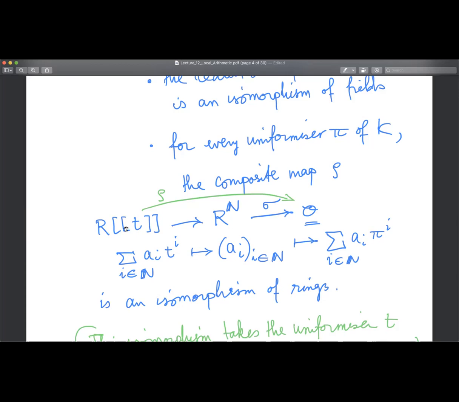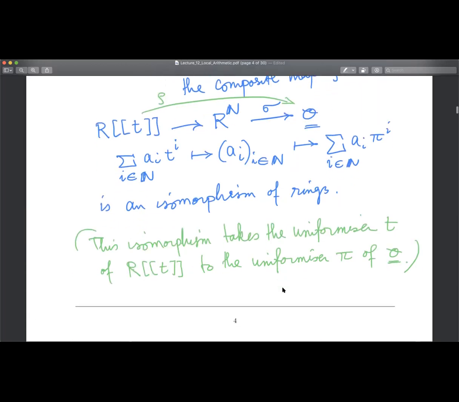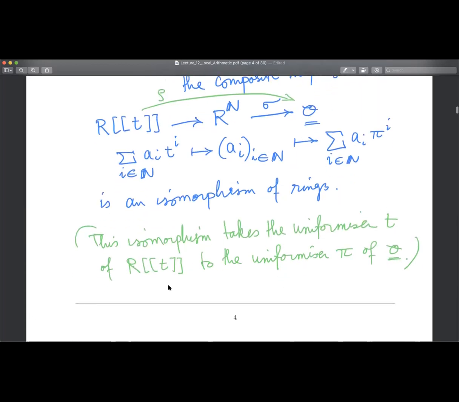And the claim is that this map from R power series T to O is a map of rings, it's a bijection of rings. And the claim is that it's an isomorphism of rings. And this isomorphism, of course, takes the uniformizer T, or the indeterminate T,